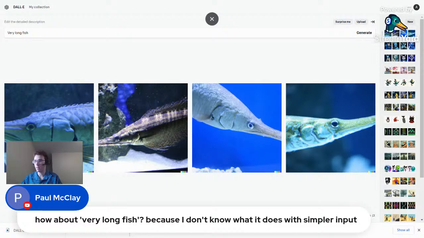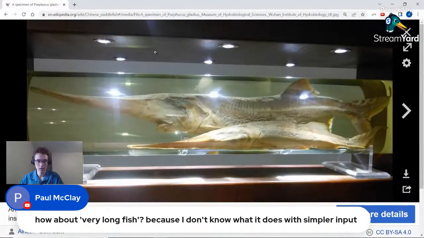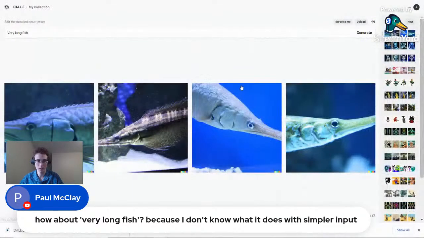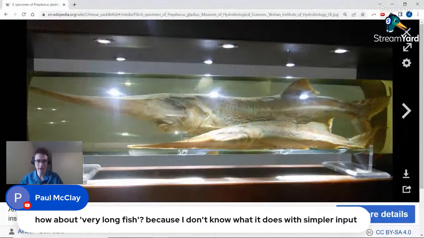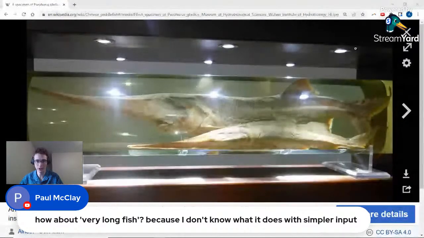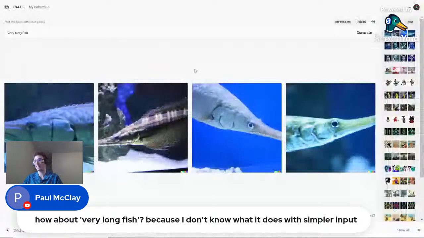This guy. So we can pretty clearly see the resemblance, with that long elongated nose, and these are long fish. Not that exciting to look at.